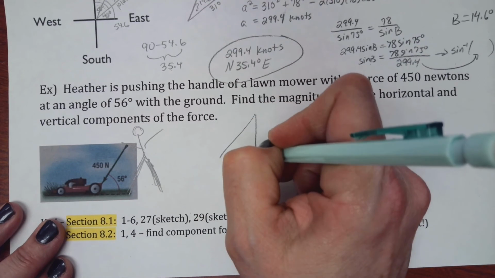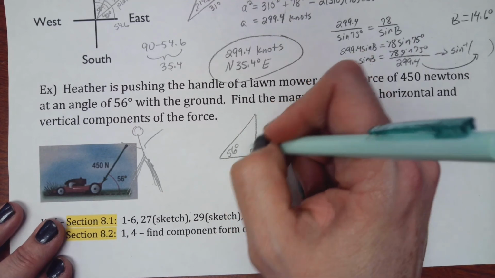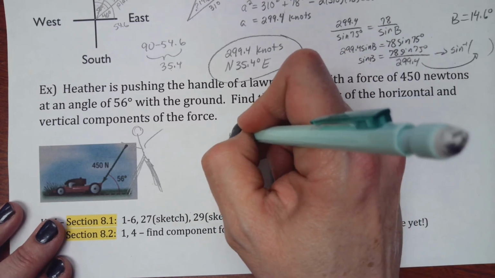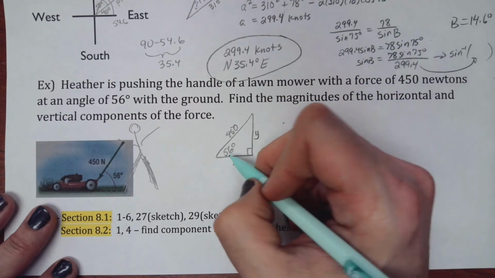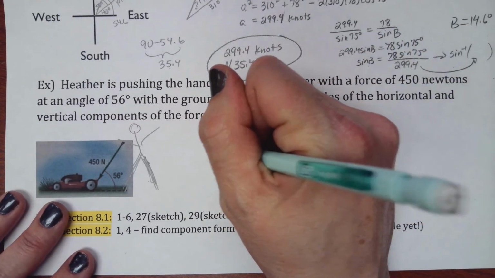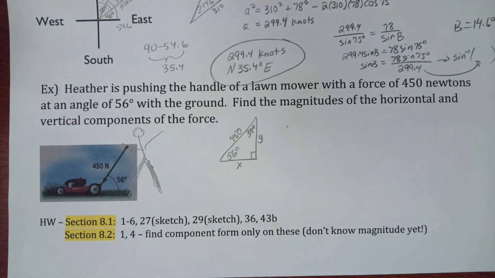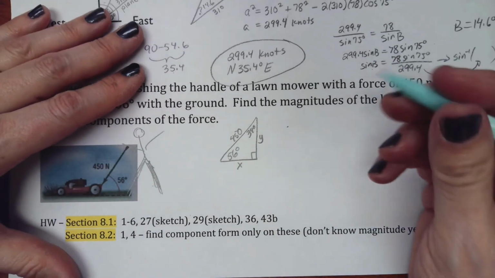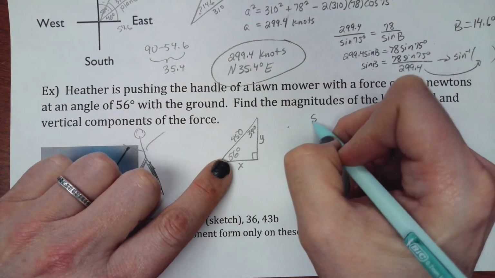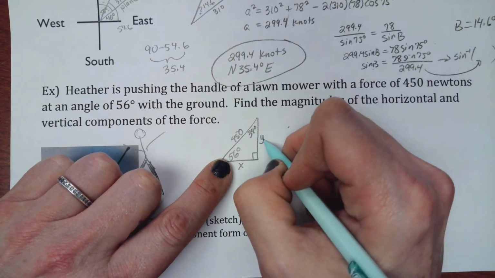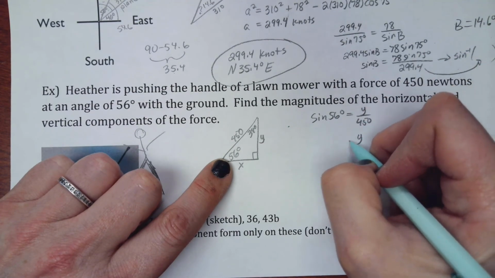So basically, I just have this triangle. All right, it's a lot easier than the last one. I got 56 degrees, I got a right angle, so the horizontal and the vertical components, this is 450. I want to find this value and this value, right? So if that's 56, 90 minus 56 is going to be 34. You can do whatever you want. We just use 56. But all I need here is SOHCAHTOA, right? So if I want to do this one right here, that would be the sine of 56. So the sine of 56 degrees is going to be the y value over the 450. So just multiply 450 times sine of 56, and we will get